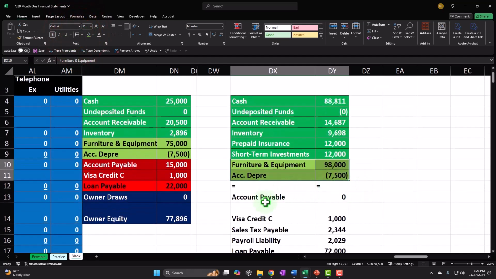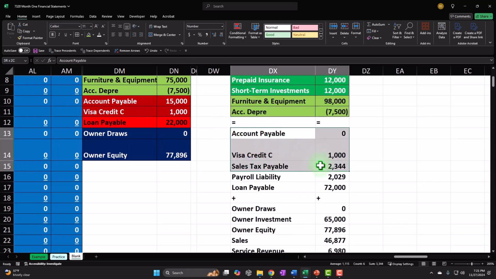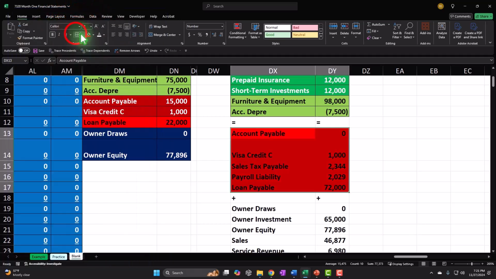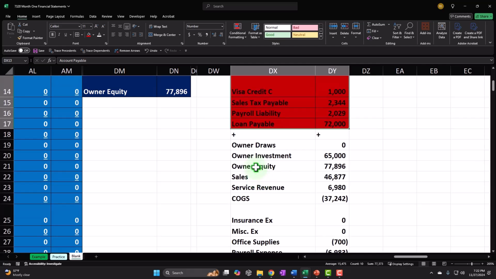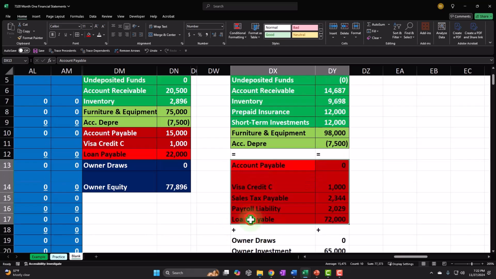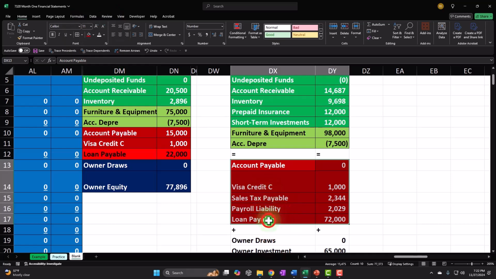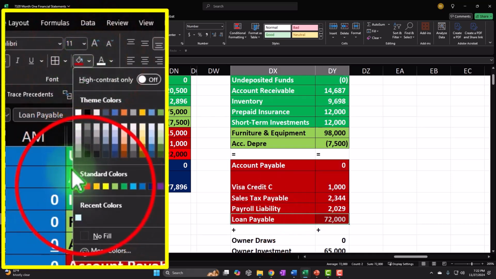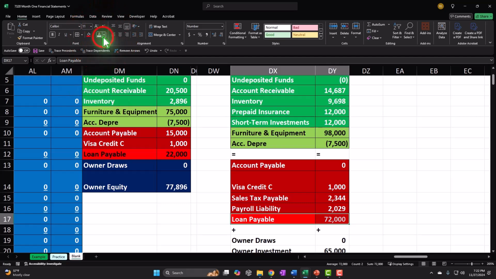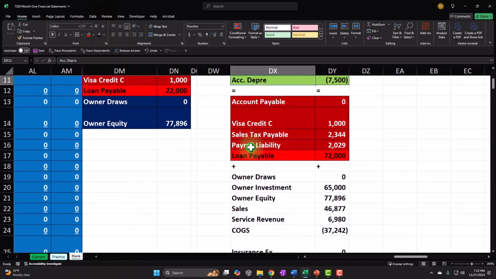And then the equals shows me that below that is going to be my liability. So now we've got the credit card down here. I'll make this red. And so we'll say red and brackets. And then we have the equity. So by the way, this loan payable, I'm going to make this long term again. So let's make this the dark red. So I'll make this dark red and white. And then the loan payable, I'll make it the light red and the black text because I'm going to make that a long-term liability. And then the owner's equity down to here, I'm going to make it dark blue